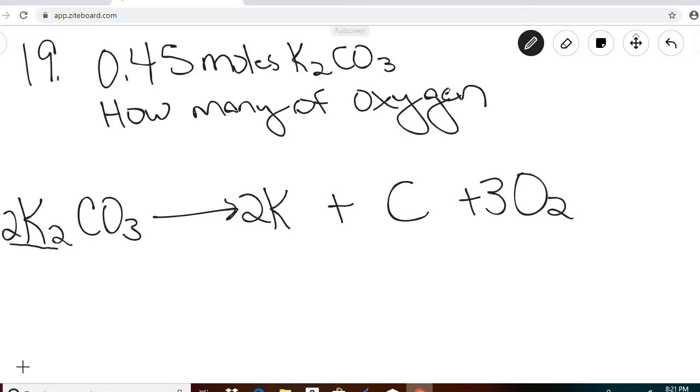So we have 4 potassiums. So we'll just change this to a 4. And then we have 1 carbon. Now we have 2 carbons, 2 times 1, so we have 2 carbons. So let's put a 2 there for that carbon. Okay, so